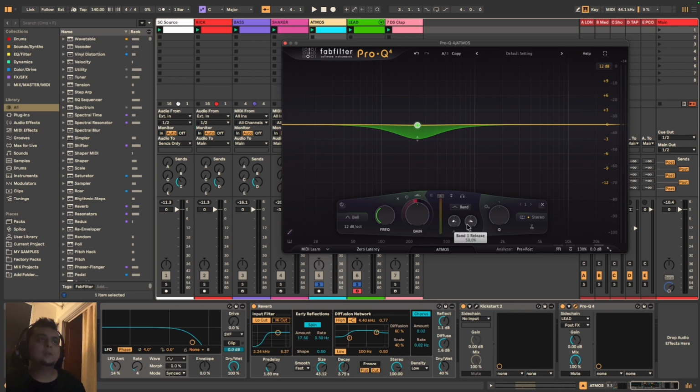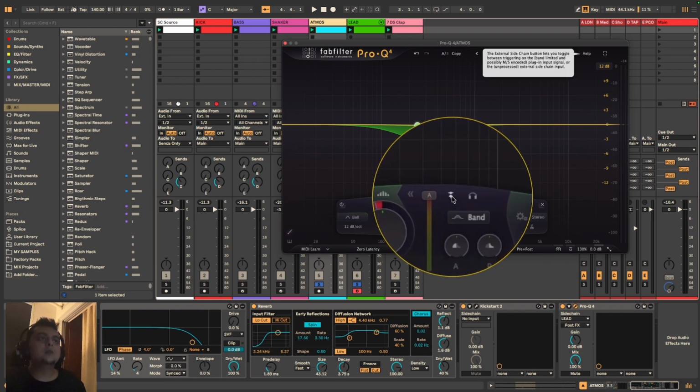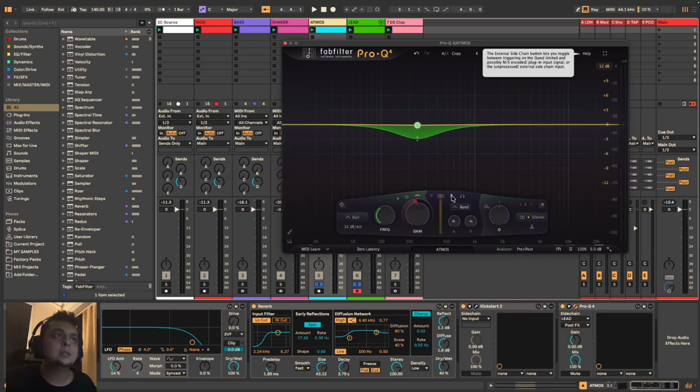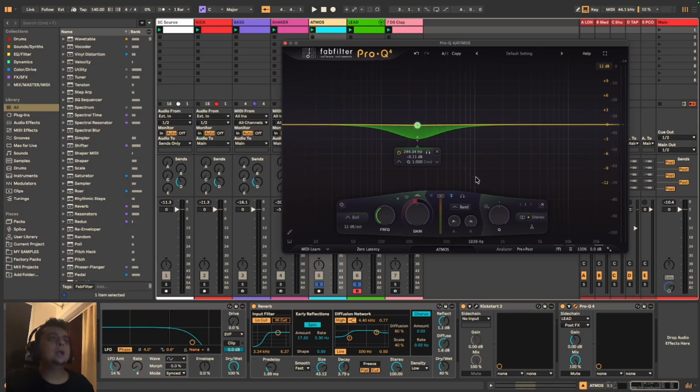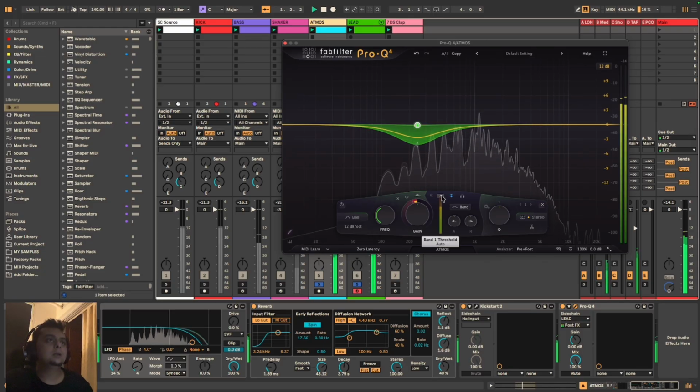Obviously you have a threshold, you have attack and release, and a very important button for us, the external sidechain button over here. As soon as I press this button, you see it turns blue. That means that it is now receiving external sidechain input. That means that this Pro-Q 4, which is on the Atmos, is listening to the lead. So now if I play the Atmos and lead together,